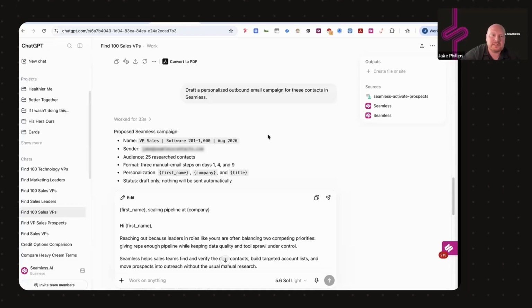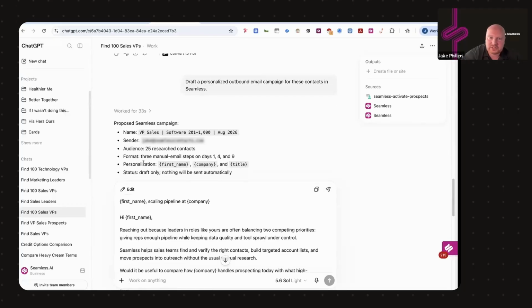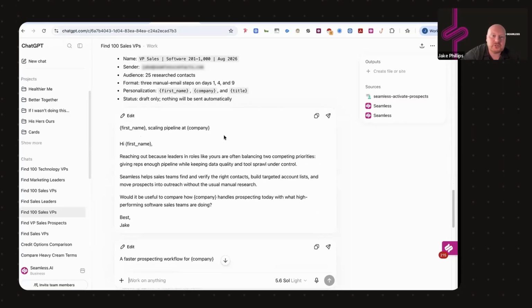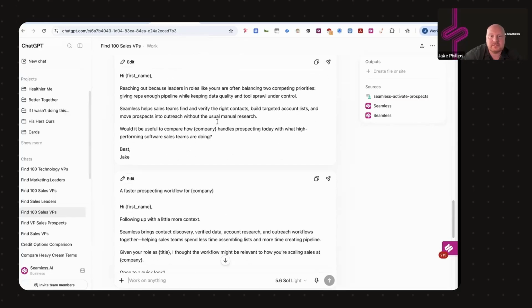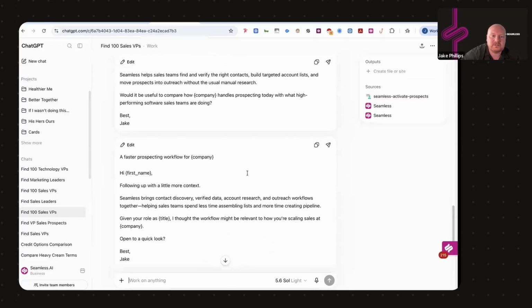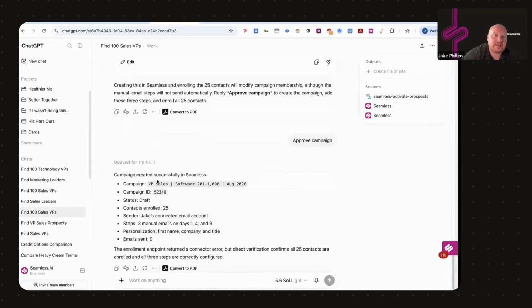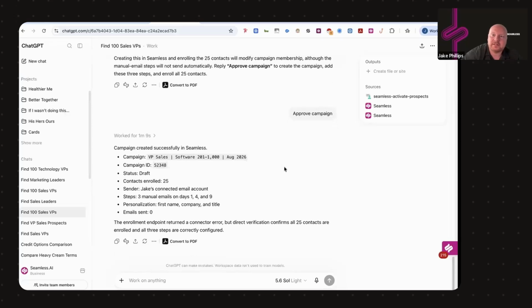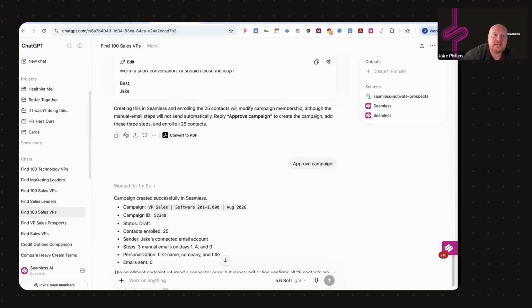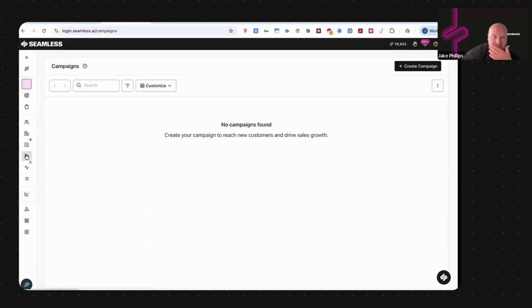So I had all those tools individually connected. It added personalization for dynamic variables within there as well, as Seamless allows you to set up templates for that. And so it shows you an example of a couple of these emails. And so here's kind of phase 1, phase 2, phase 3. So creating these in Seamless, approved the campaign, created that full campaign as well. Again, you have those approval steps that pop in, and I'll show you an example of what that looks like,